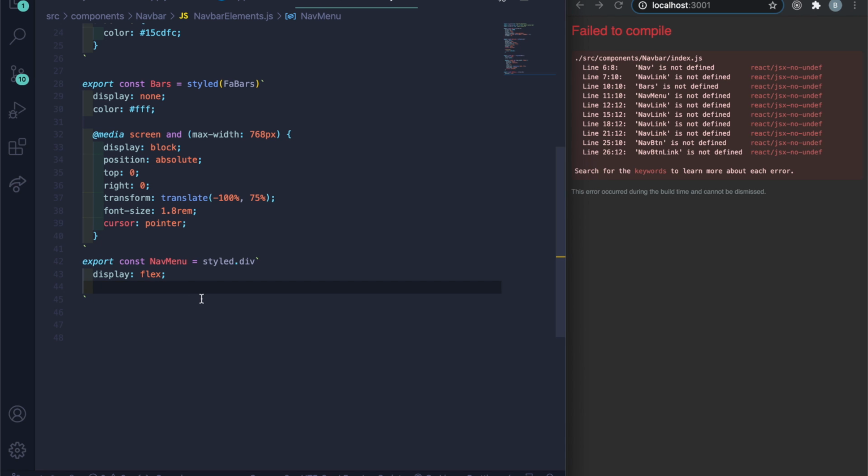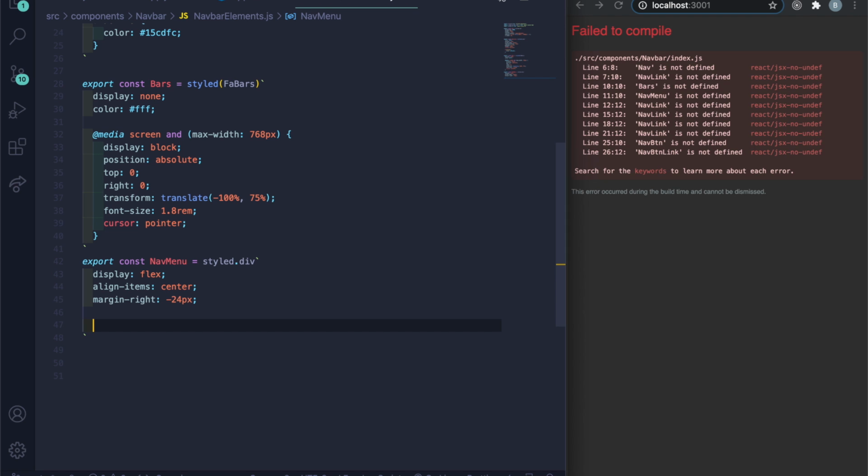But just in case you're like, hey, I don't care about the first variation, but I want the second or third, just note that you'd have to have this code first before you can refactor it. And then let's do align-items: center, margin-right. I'm gonna do negative 24 pixels, and you'll see why, because the button has a margin on the other side of it, so the centering of the